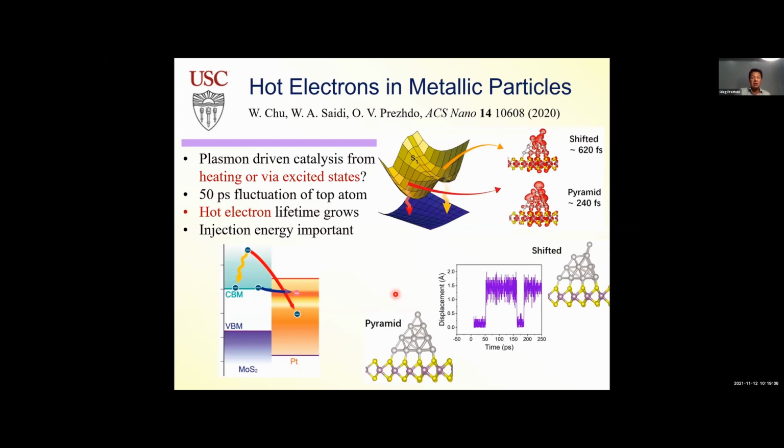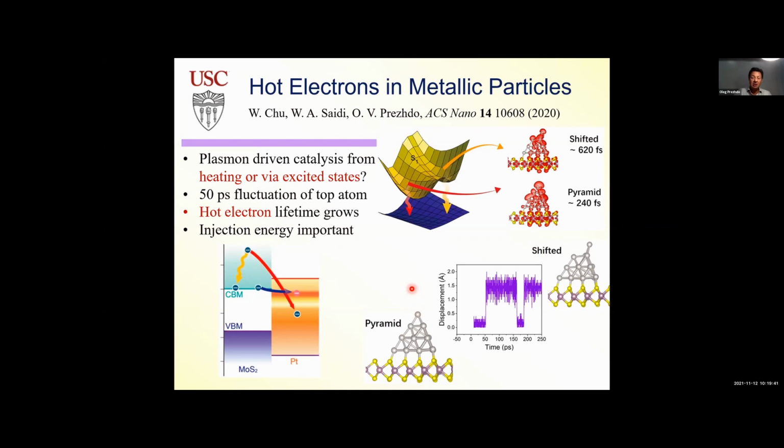People use plasmonic excitation to put energy into metallic particles. And there's lots of debate in the literature, including experimental groups, about whether the reaction that happens once you photoexcite a plasmon in a metallic particle happens just because of heating. Energy goes very fast to heat because it's a metal, everything relaxes very fast, or excited states matter. Also, metallic particles are used for catalysis, and catalysis usually happens at some defects or maybe edges or apexes of these particles. But this is also important.